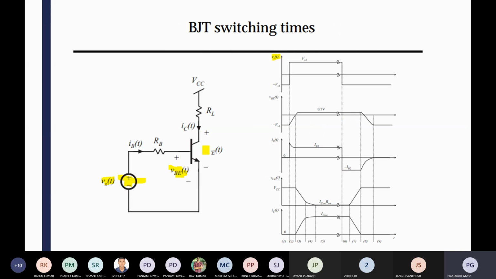configuration. CE means your collector-emitter voltage drop. That is, these voltages are already standard, and that means already given in the data sheet provided by the manufacturer of this BJT, because it depends upon your fabrication. Okay, so